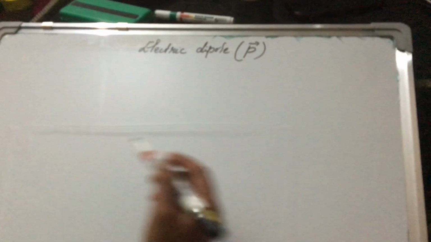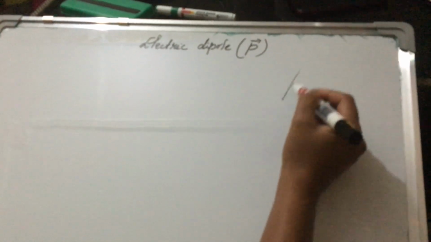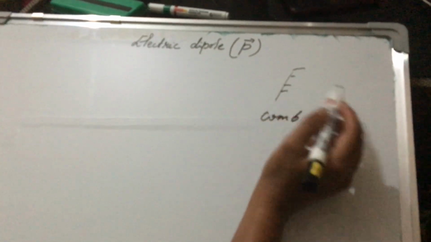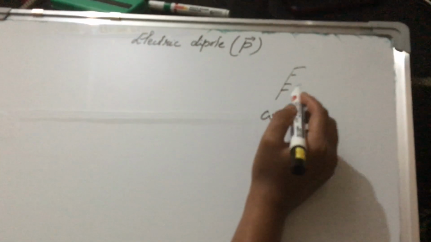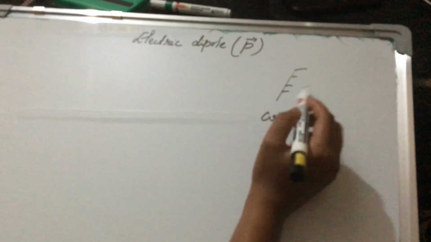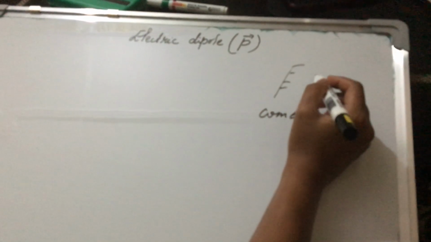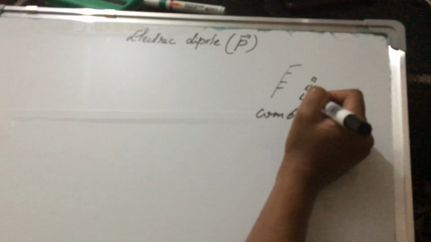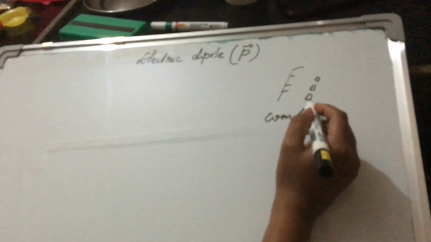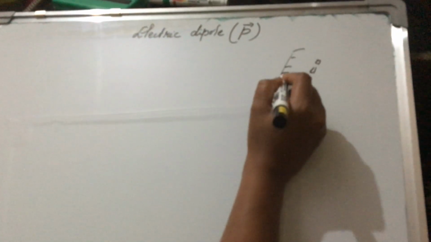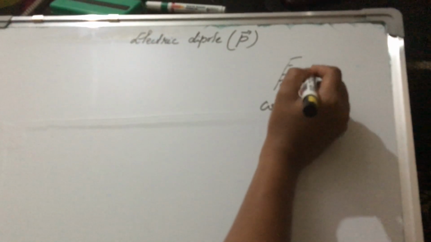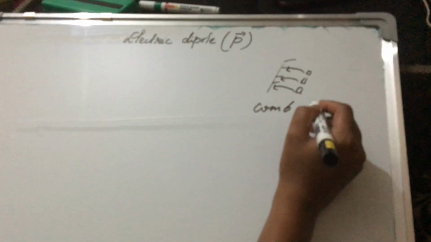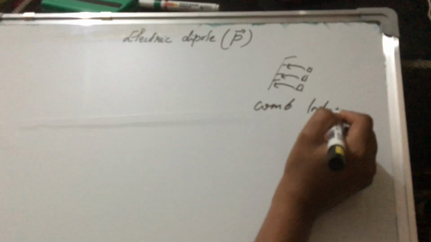Like, suppose here I have a comb, let me just represent the comb, which may be charged by rubbing it against dry hair. Now when a charged comb is placed near a piece of paper or hay or straw, any light thing, it gets attracted to it. Why does it get attracted? We can answer that it is because of the process known as induction,